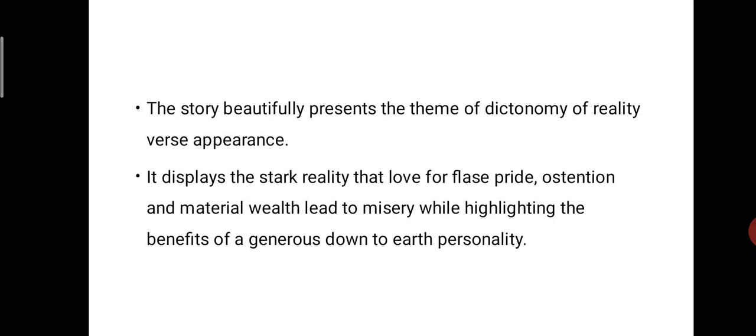The story beautifully presents the theme of the dichotomy of reality versus appearance. It displays the stark reality that love for false pride, ostentation, and material wealth leads to misery, while highlighting the benefits of a generous, down to earth personality.